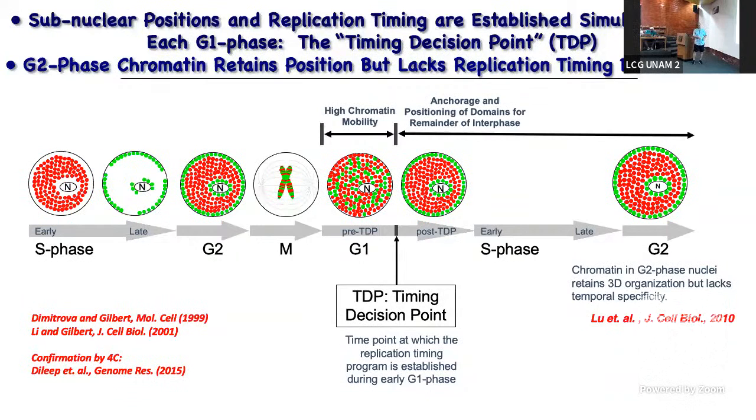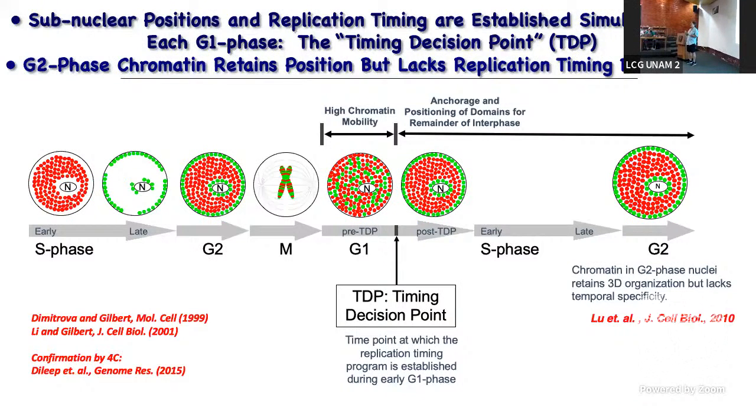Now later, many years later, another graduate student of mine wanted to know, when is this program lost? And our hypothesis was that it would be lost at mitosis, because that's when all of this 3D organization is taken apart. But in fact, he found a big surprise to all of us: that nuclei in G2 phase, when jump-started to initiate replication either in vitro, or we then set up a system to trick cells into thinking they'd gone around the cell cycle and to reinitiate in G2 phase in living cells, in either case, we got a completely random replication timing program.